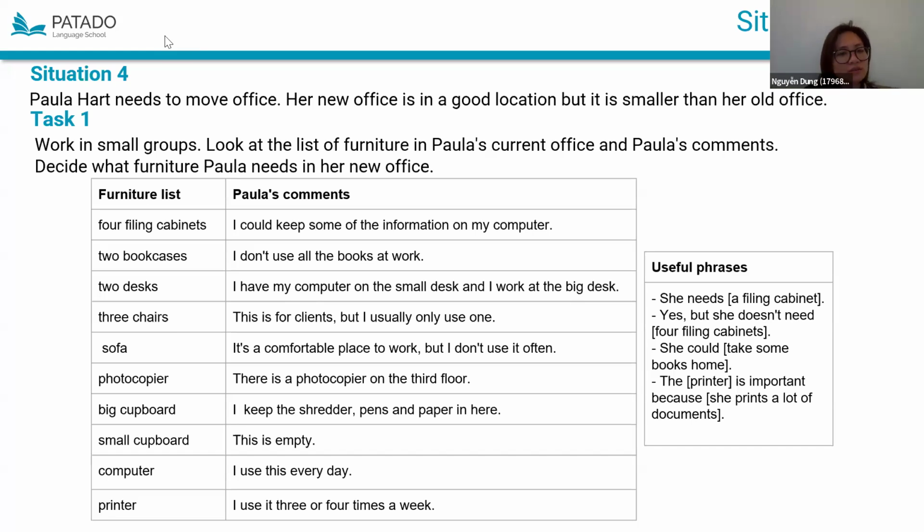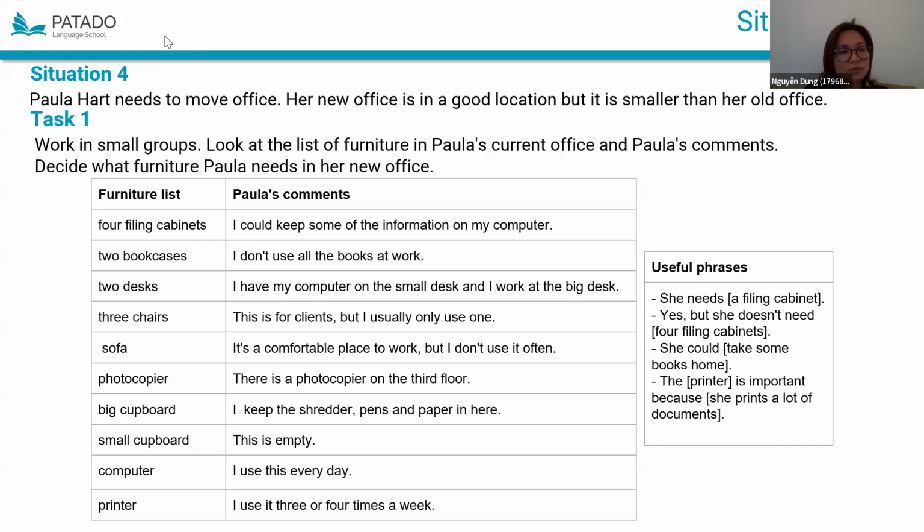I think that is fine because you are not considering bringing the sofa, right? So there should be 2 chairs for the clients, because there will be nothing left if we leave everything there. If there's no sofa, then there are no chairs, so it's so hard to entertain clients without chairs. So that's a good choice. So you have to bring all of the chairs and leave the sofa.